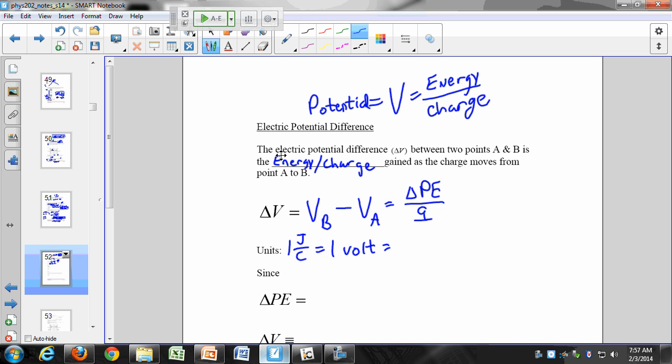Do you know the person it's named after? Something Volt? Volts. It's the shortened part of his name. Volta, right. So it's named after Volta. And since it's a person, we capitalize the abbreviation.